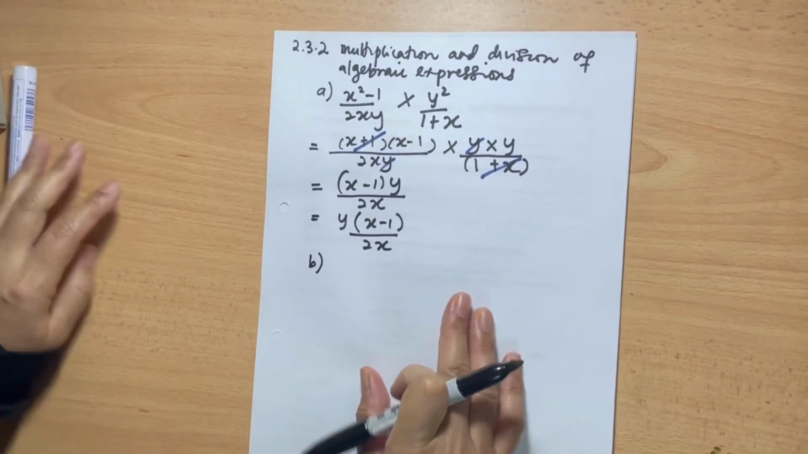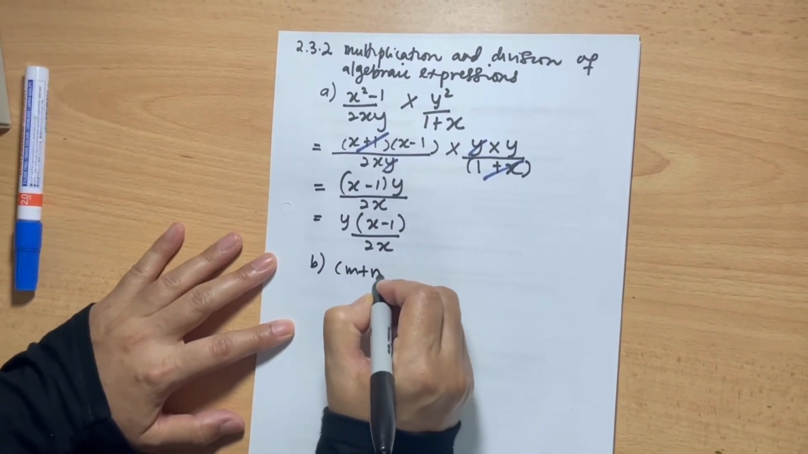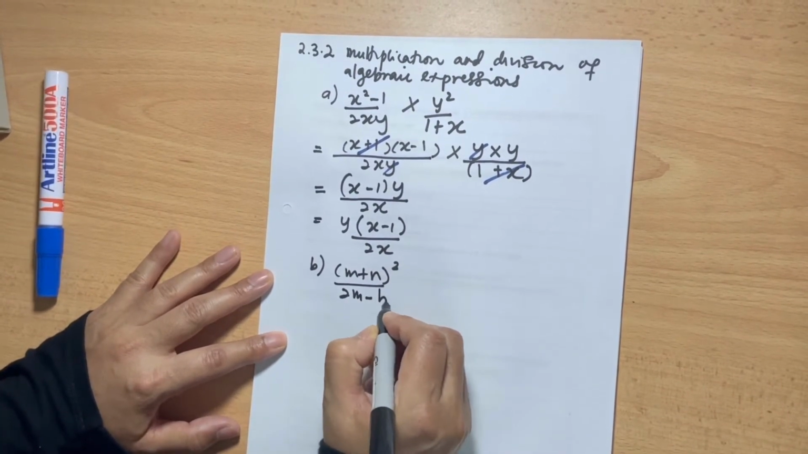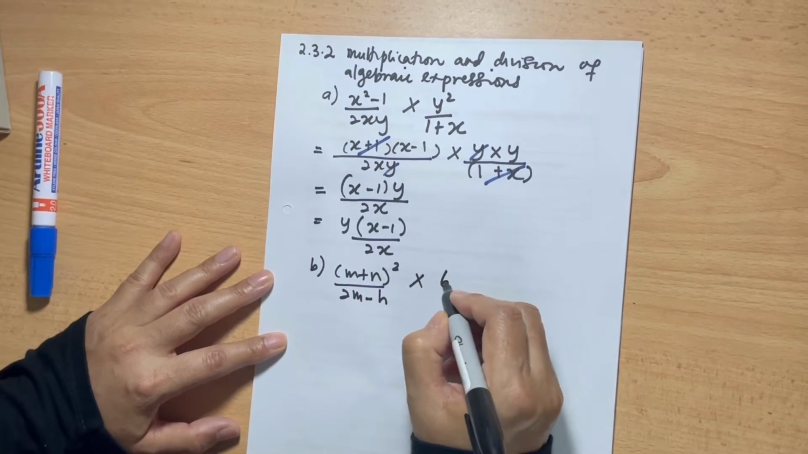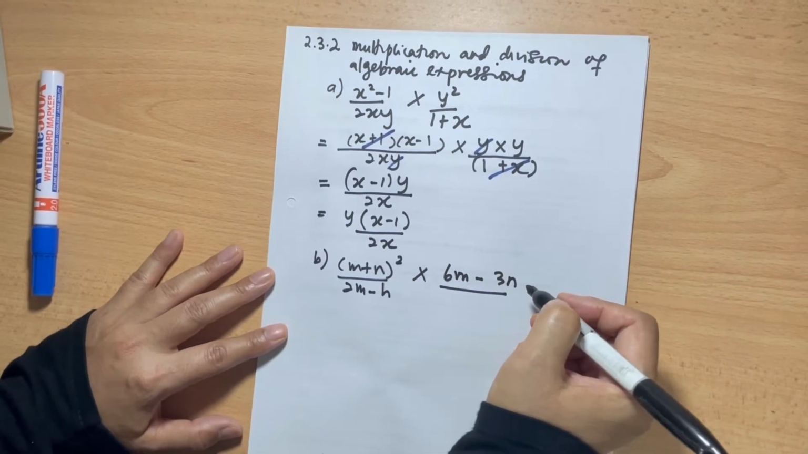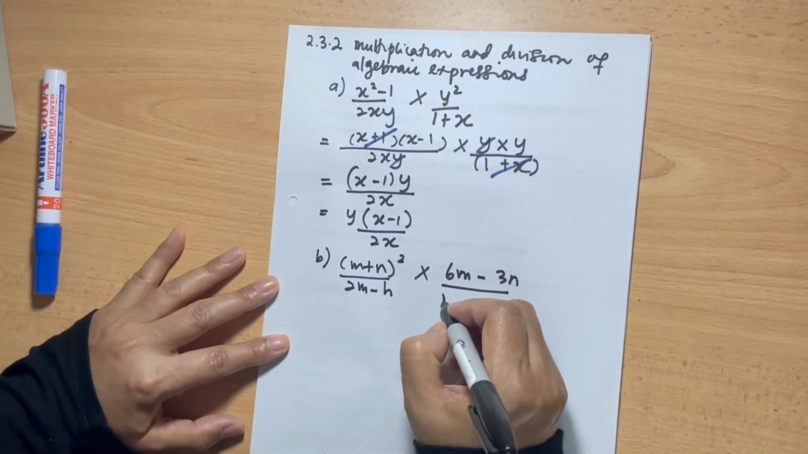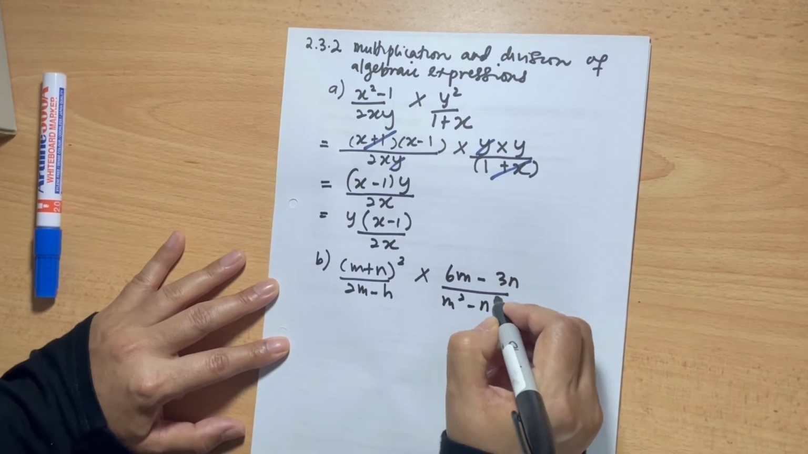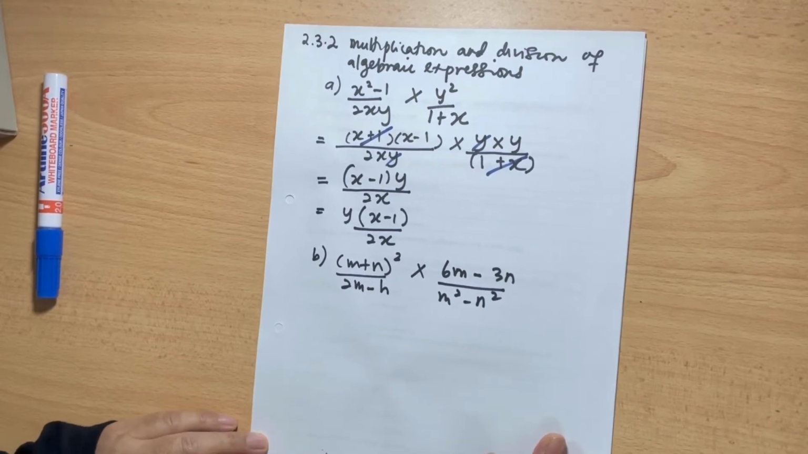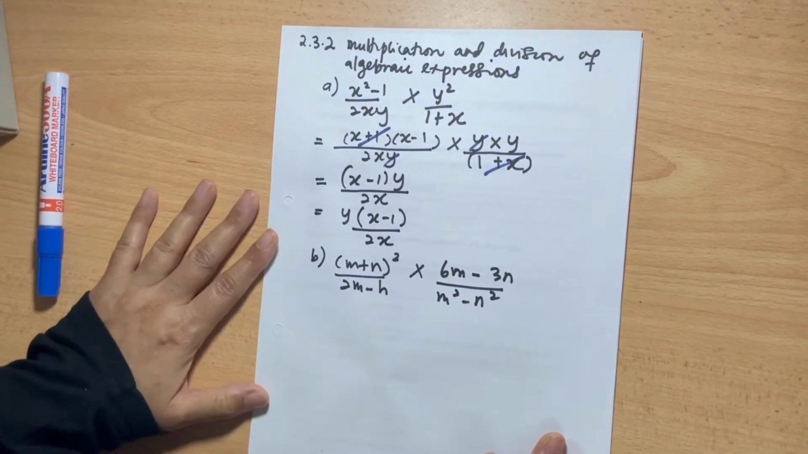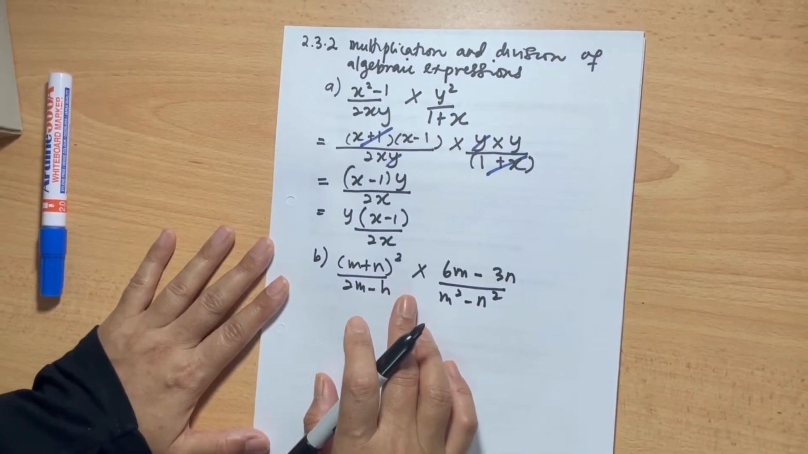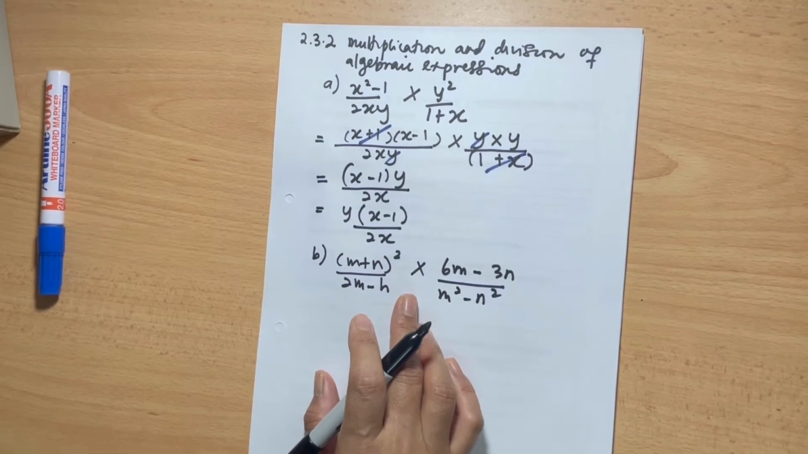Okay, now we have the second one, which is B. Here we have (m plus n) squared over (2m minus n), times (6m minus 3n) over (m squared minus n squared). Alright, so we have m squared minus n squared. Now we are going to do factorization. We are going to factorize here. So we have equal,